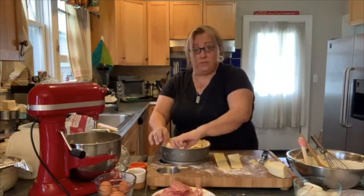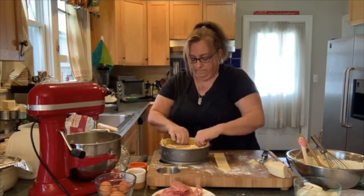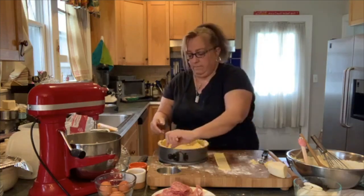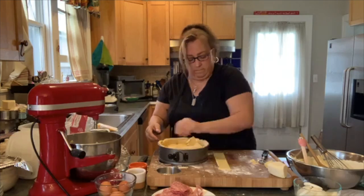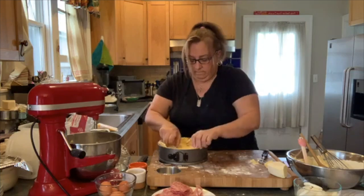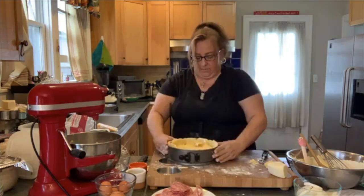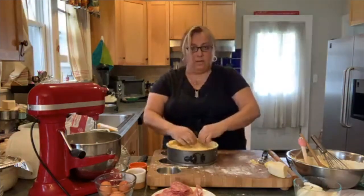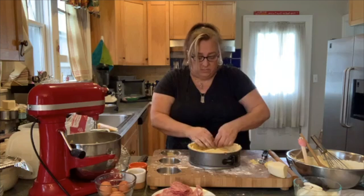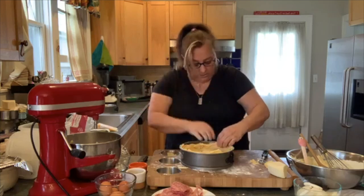Okay, so now you're going to pick up the 2 side ones on those. Put this across. And flip them back over. And the 2 side ones on this side. And you have your crisscross in your pan. So now I'm going to take those sides, and I hope you can see. I'm going to take the sides and just roll them down with those pieces of dough from the strips and roll them in together so that the outside,